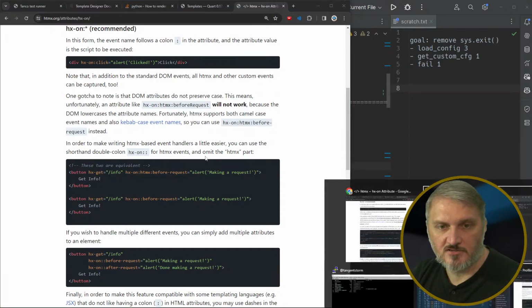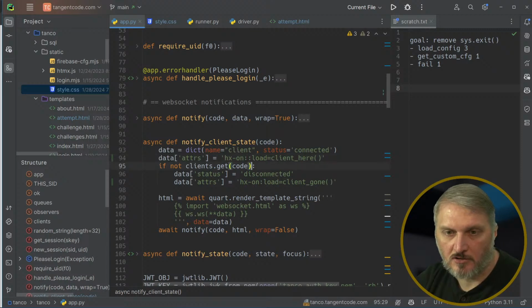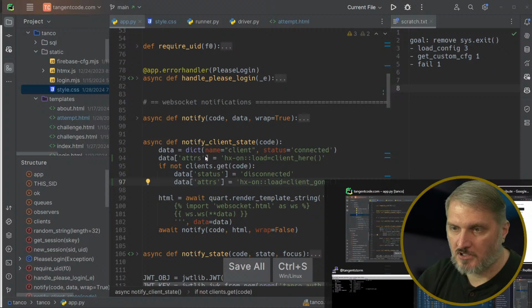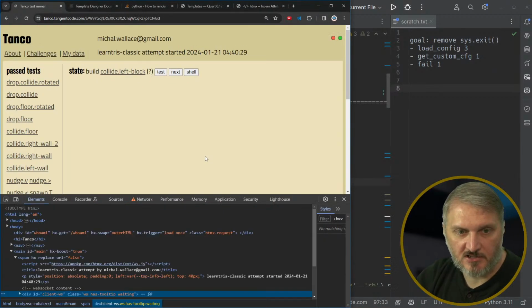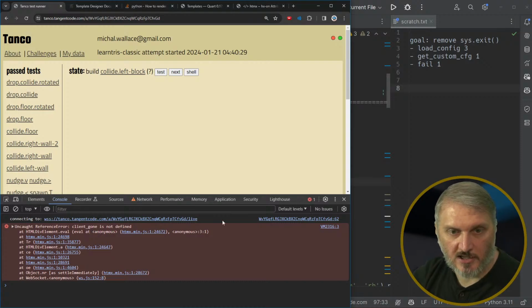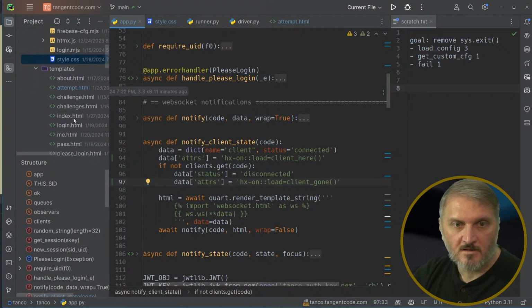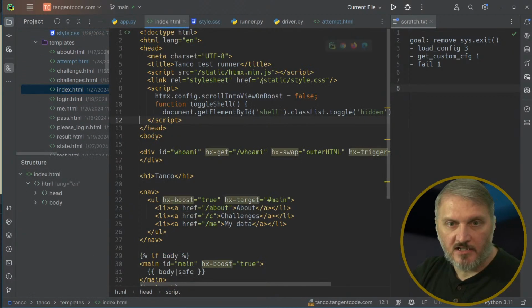Okay, for HTML. So not load, but just say colon load. HTMX load. Let's try this again. I would expect this to complain that the client gone is not defined. That's exactly what I expected to see. Okay. Then in the index